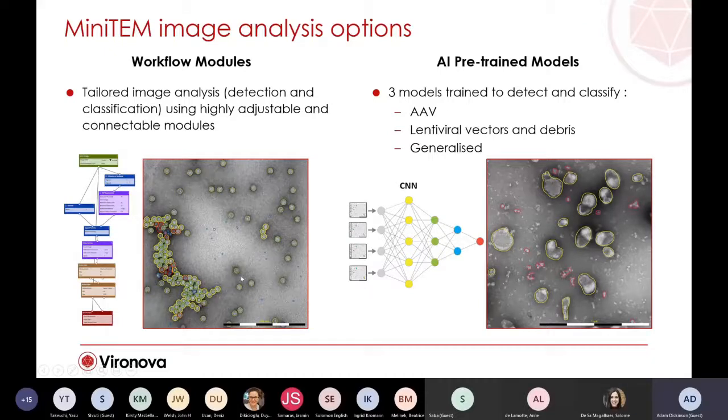So you may have an AAV particle, for example, you may have a cluster or debris. Now, these can be set up in an automated way that can just process images in a matter of seconds. And obviously this can help streamline the process. And these work quite well for symmetric particle types. They can become a bit more challenging when you have particle types that are pleomorphic or highly variable in their